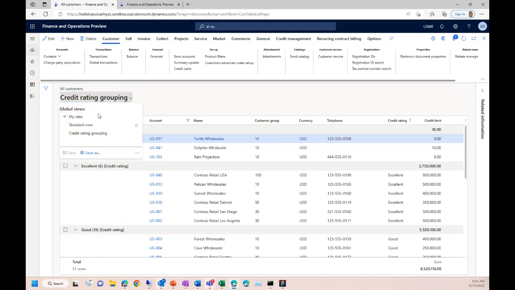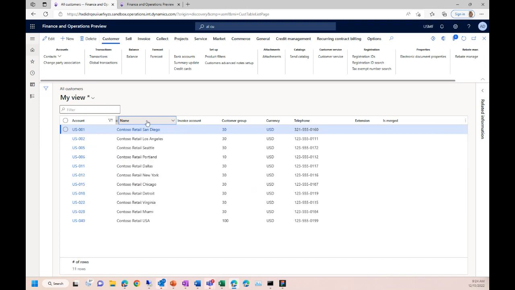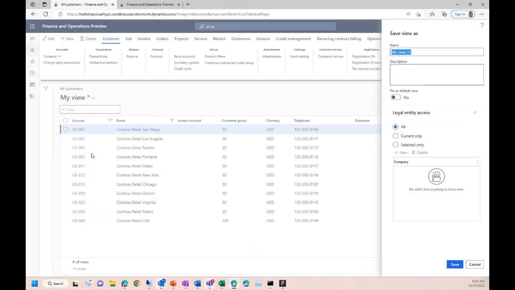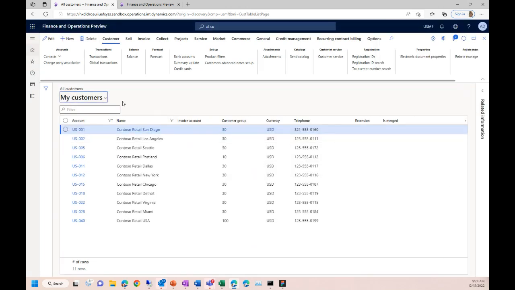The other thing that you can do quickly is I'll go back to my view and we'll just do a quick sort, or sorry, a quick filter. So you can filter these. Maybe this is my customers. So we'll make this the default. And then if this is a list or some amount of work that you know you're going to need to do,